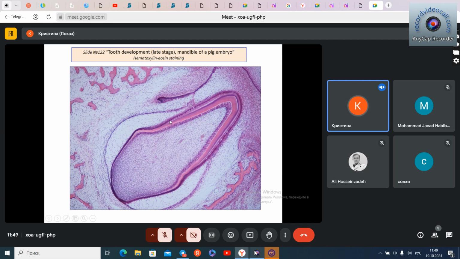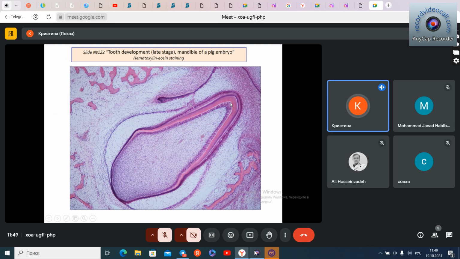So here is this milk tooth. It's developing crown in this region. This will be the future root. It is now very small because it will start to develop when this tooth will be ready to erupt. So what we see here is the dental papilla,